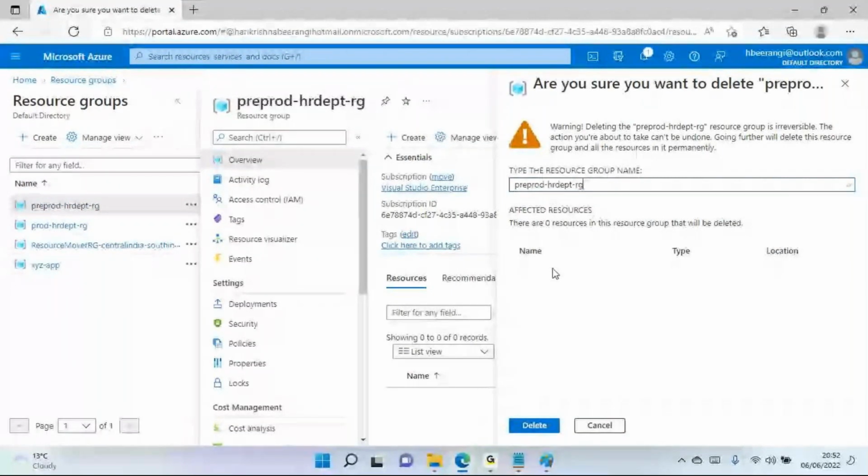So at the moment, there are 0 resources in this resource group that will be deleted because it is just